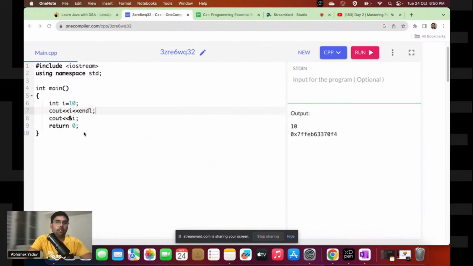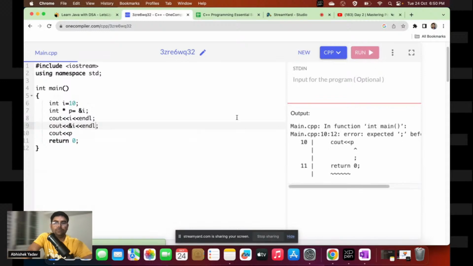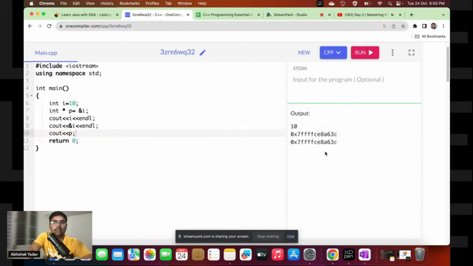So here, let's create a pointer: int i is equal to 10, int asterisk p is equal to ampersand of i. And after that, cout i, cout address of i, and cout p. Let's see what output I'm getting now. Okay, I made a mistake, I have to write this semicolon. Okay, good. So you can see, guys,